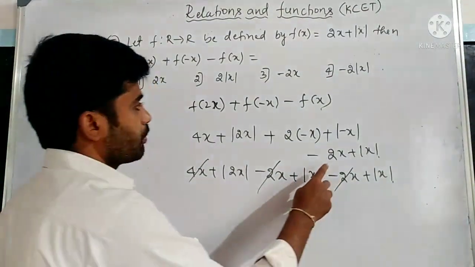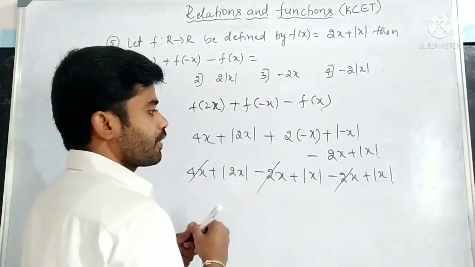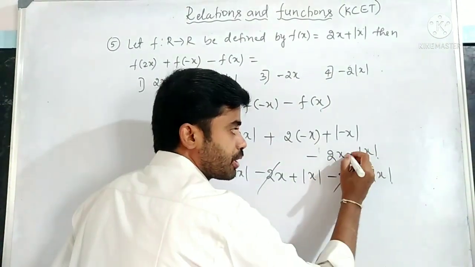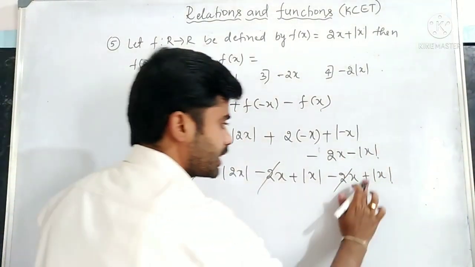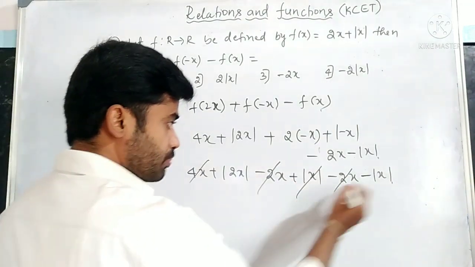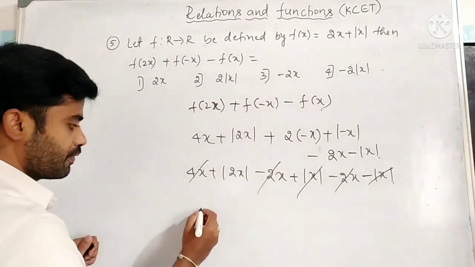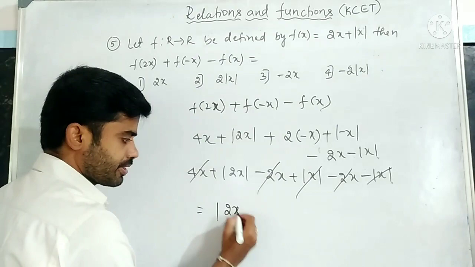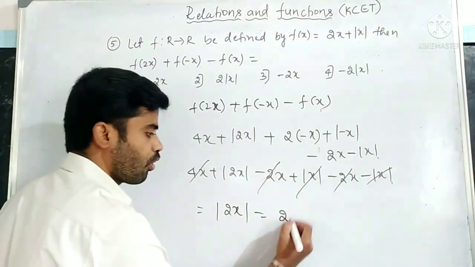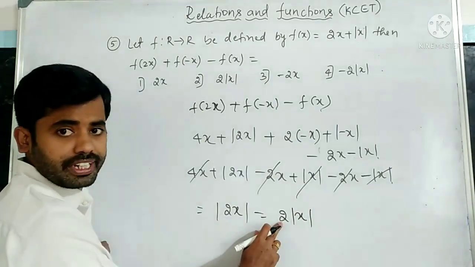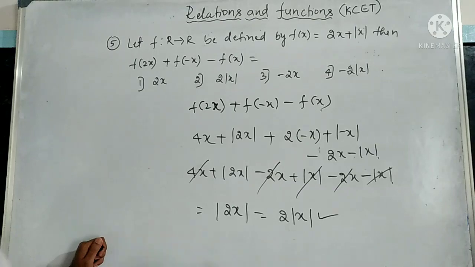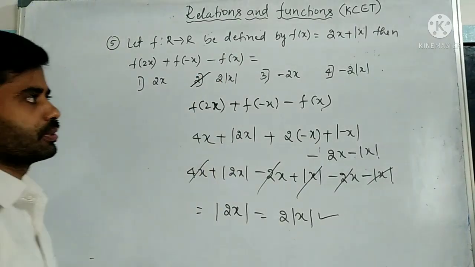Look at here, I made a mistake here. Minus of f of x means this whole bracket, that's because this becomes minus here. That's what this is, a minus. Plus mod x minus mod x get cancelled. Now what is left? Mod 2x. It means here I will take a number outside, that is 2 of mod x. This is a constant, that's why I can take common 2 mod x. Which option? 2 mod x. Second option is the right one.